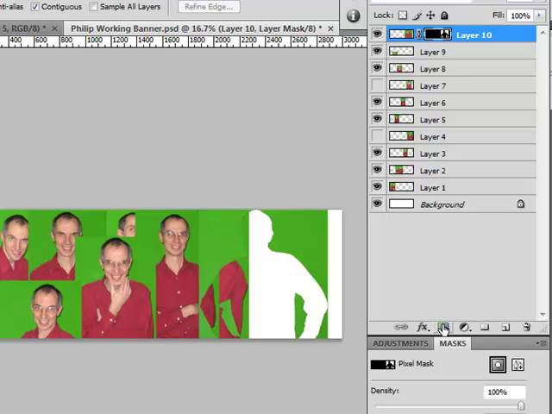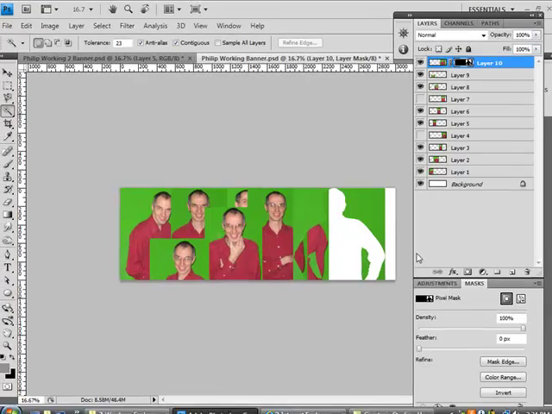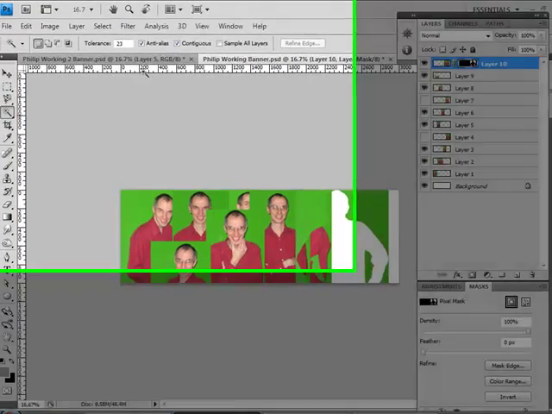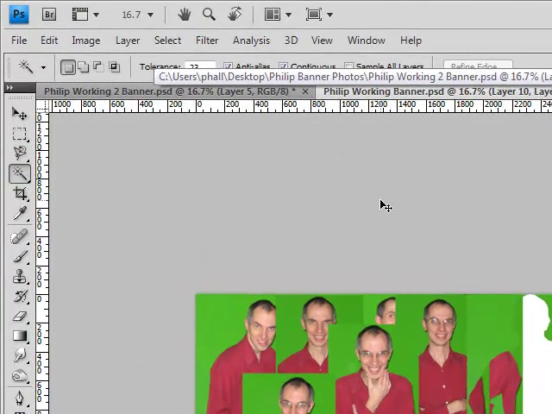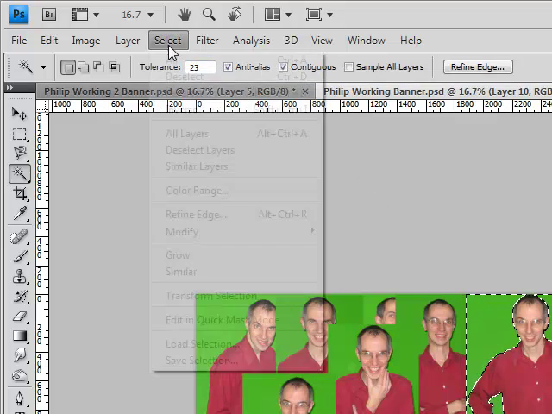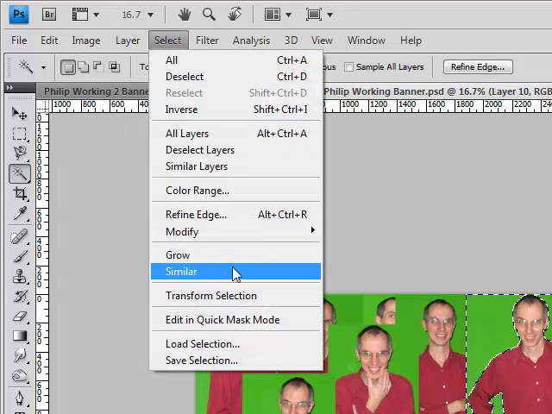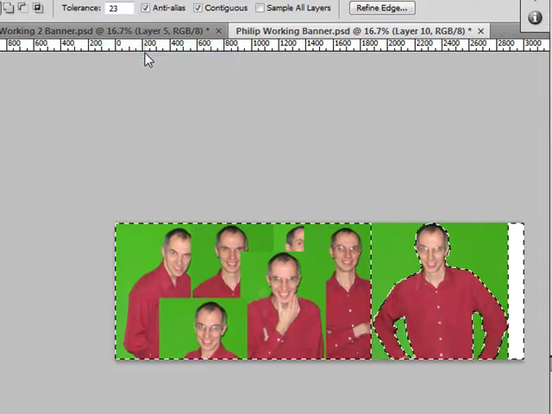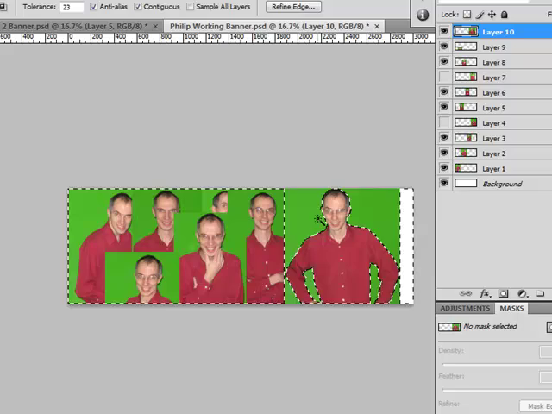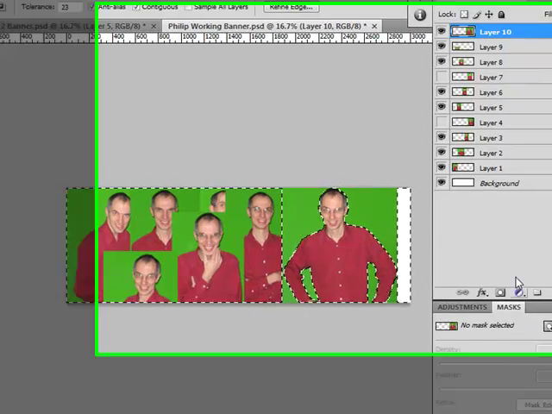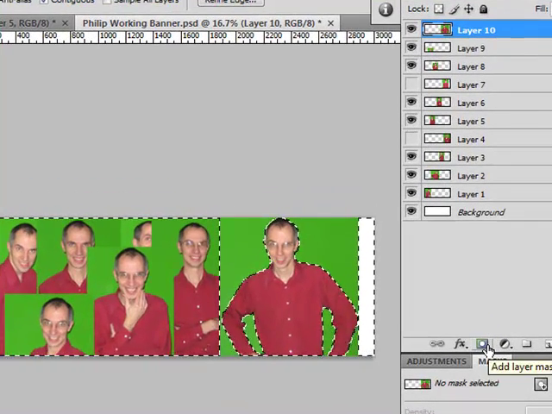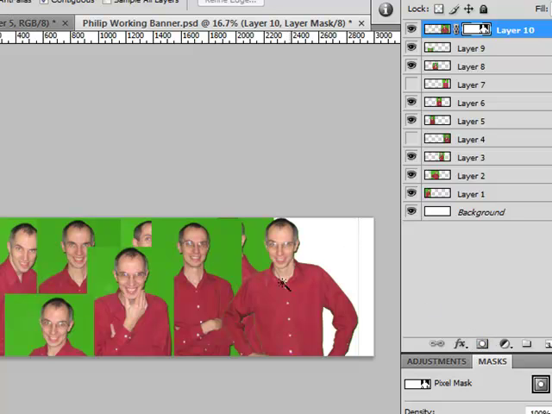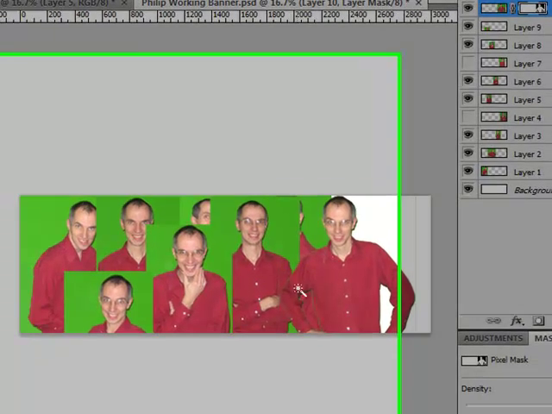Oops. Okay, don't worry. It got rid of everything that we didn't want to get rid of. One thing we can do to fix that: let's Control Z for edit undo, and then go to Select, Inverse. So now we've selected everything except for the green. What we can now do is click on our mask. And so now we've basically deleted all the green, except for, if we zoom in,